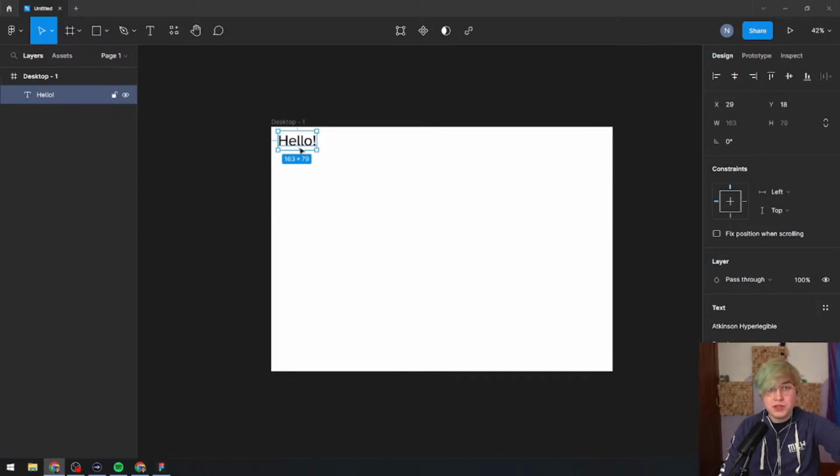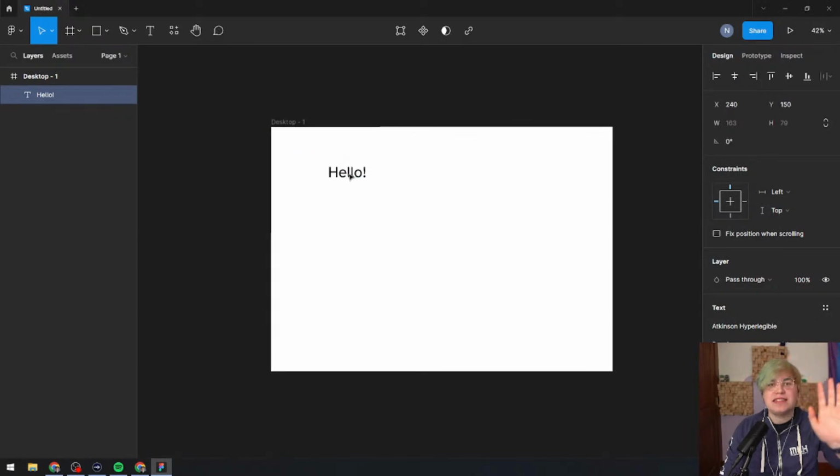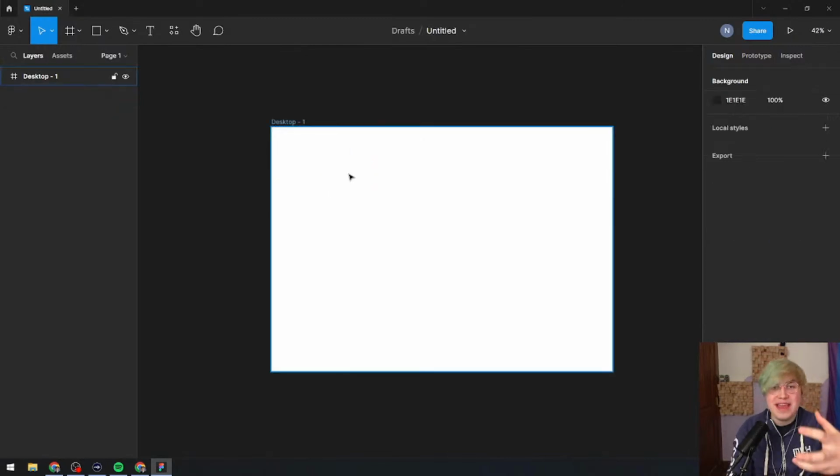Okay, so this is as simple as Figma gets. We have a thing on the screen that I just deleted because we don't necessarily need it. And then from there, we can do whatever we want with it. Now,